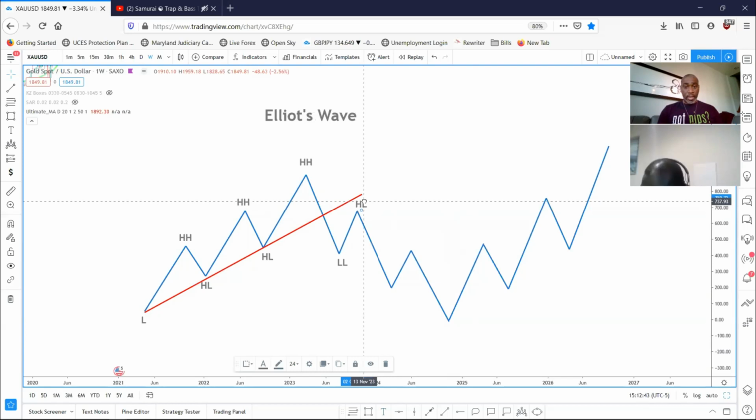Now, why is this your higher low? Because it is lower than your previous high point. And as the market continues to move down, it continues to repeat the cycle. It gives you a lower low, then gives you a higher low